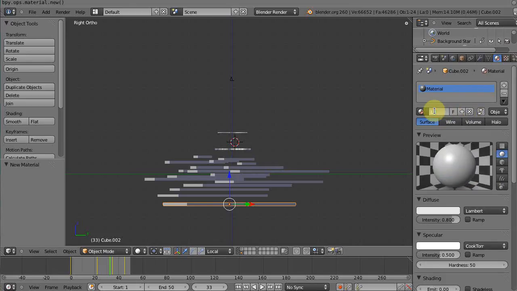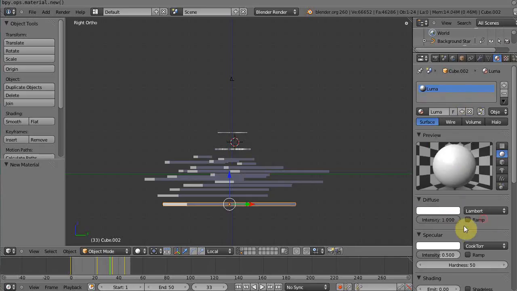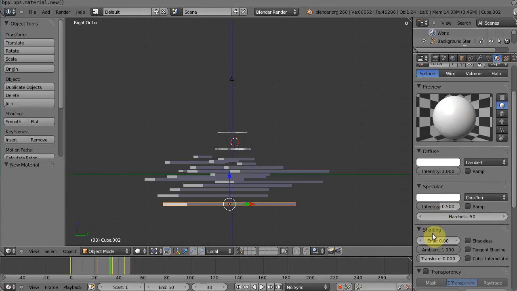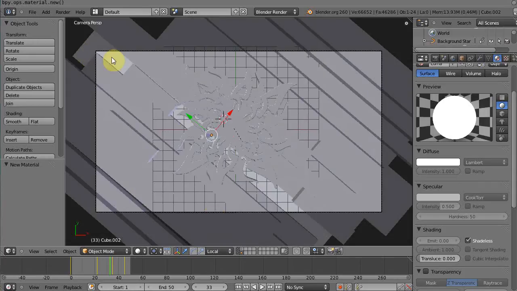We'll call it Luma, and we'll make it solid white. This still has a little tint of gray. Solid white, intensity at 1, and we need to go down to shading and make it shadeless. And that'll just give us a solid white image. So basically, if we go in our camera view, you can see we've only applied it to this one piece right here. So if we rendered now,